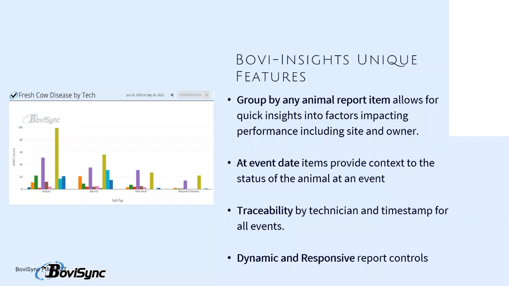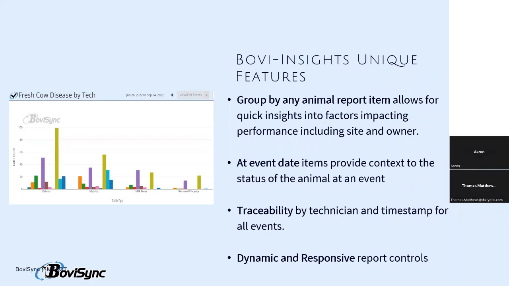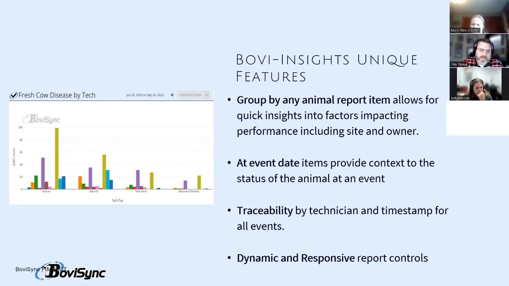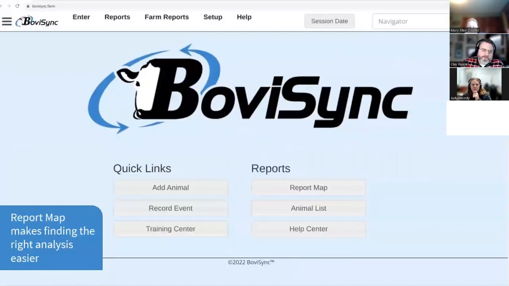The technician and timestamp, for instance, is on every completed event, and we can find out what our true compliance is. What time are GnRH shots completed the day before we do a BoviSync program? What is our compliance on early shots in a protocol? In the case of vaccines, so when people get introduced to the app, when a farm starts using the software